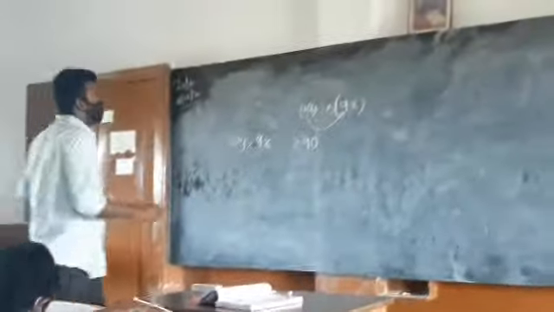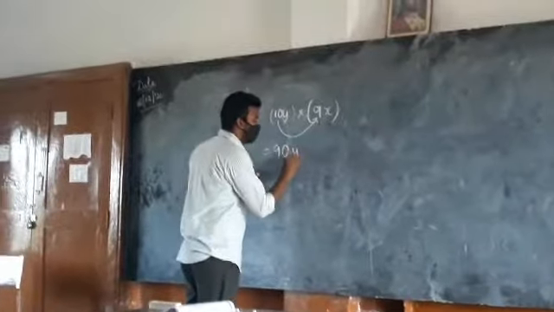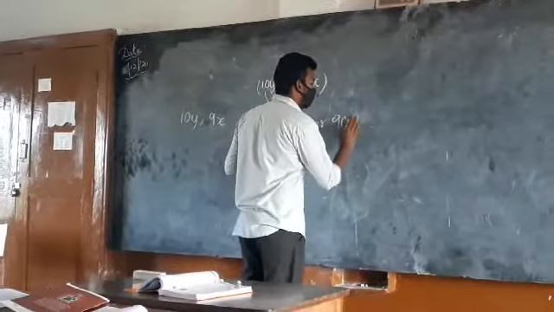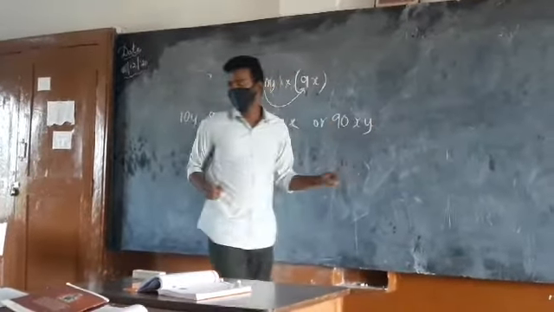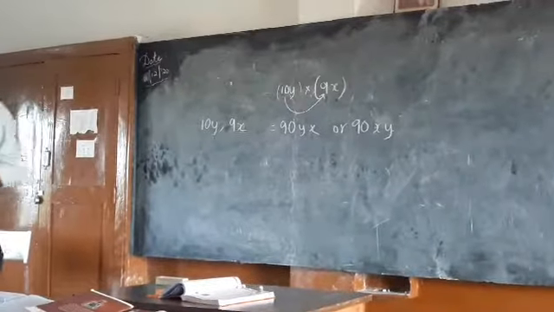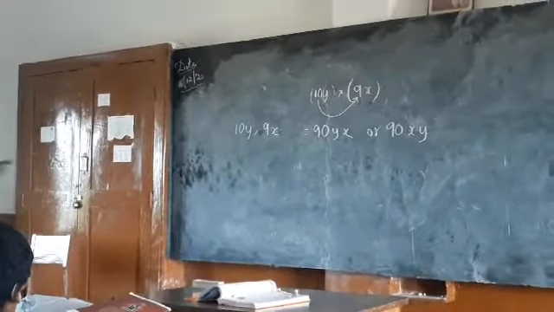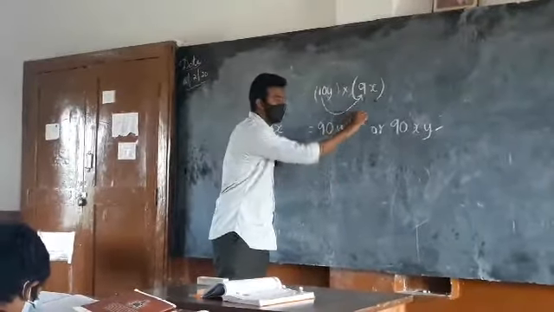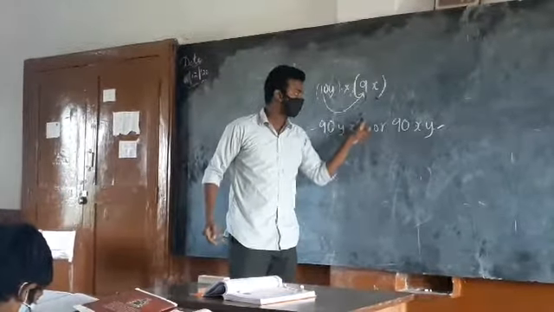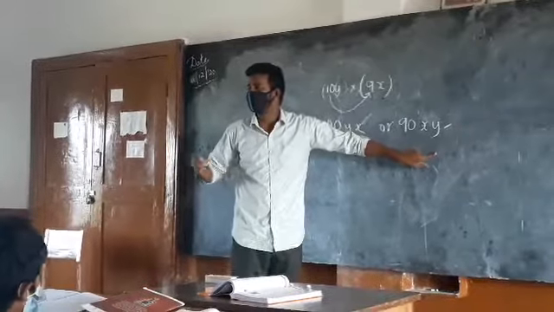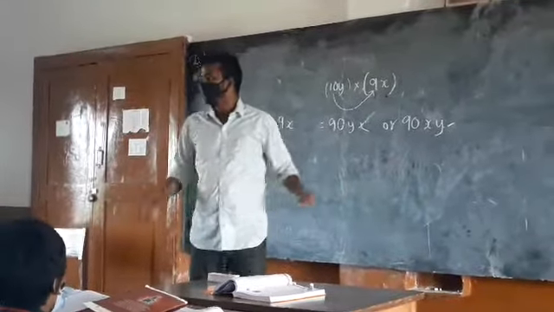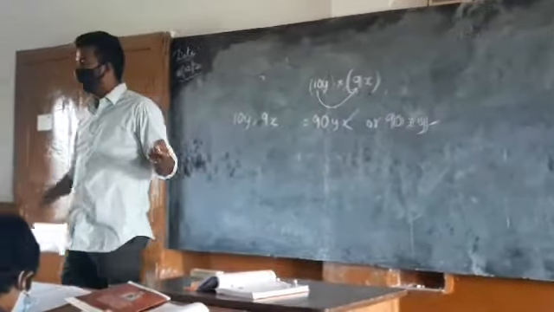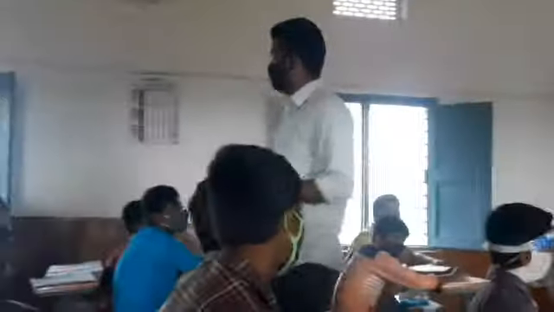What happens? y into x is yx. If you want, you can also write xy. I already told you 2 into 5 is the same as 5 into 2, using the commutative property. But the textbook person will prefer xy. It is nothing wrong to write it in this way; even this is right. You have the right to write this. The textbook person prefers this because he wants to arrange the alphabets in order. X comes first, afterwards y. Okay.